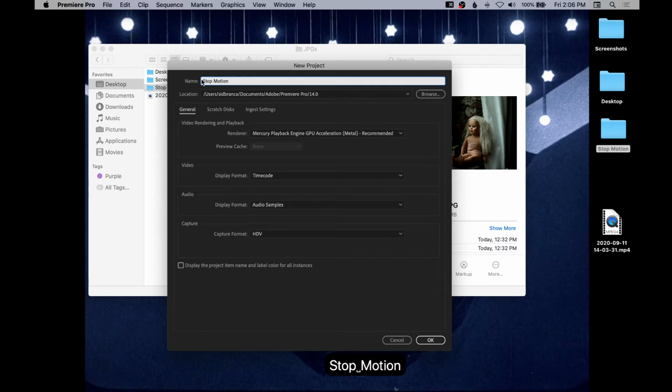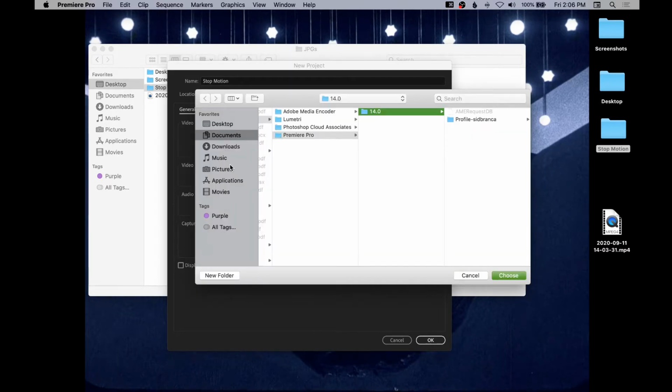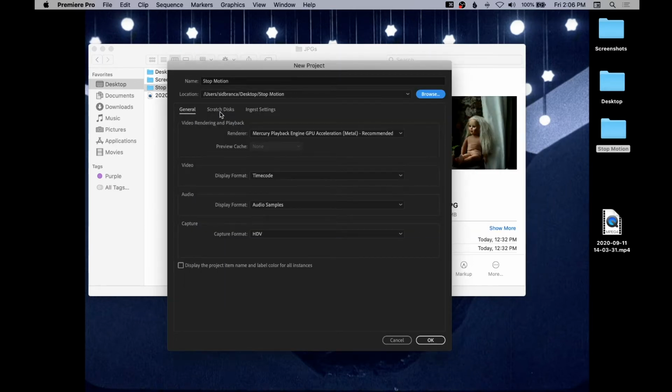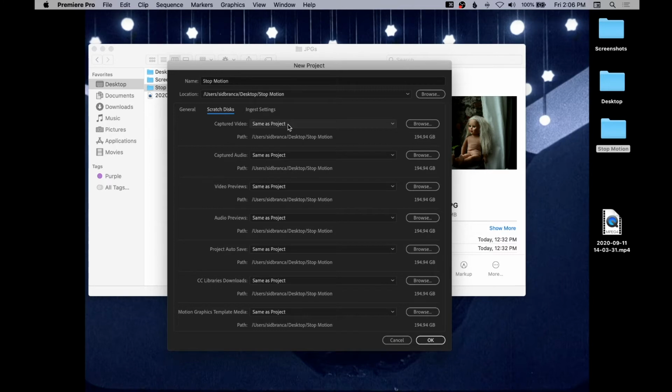I have not done a very good job of this here. Next, choose the location of your project file. This may default to some arcane and mysterious Adobe folder if you aren't careful. Save your Premiere project in the same folder as your images, so everything can all stick together. Set your scratch disks to same as project, and click OK.